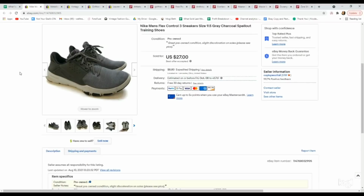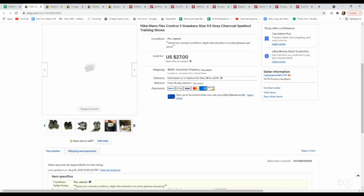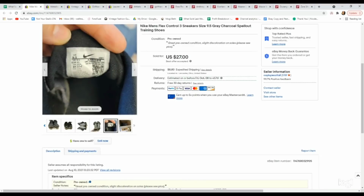Here's a pair of shoes that we sold. These are just the Nike Men's Flex Control 3 sneakers. I do love picking up Nike pieces, but one thing I would caution you is that you're always looking up the style number on the inside. It's right here, this AJ5911-010. And so I just go onto Google and type Nike and then this, including the dash, and it'll pull